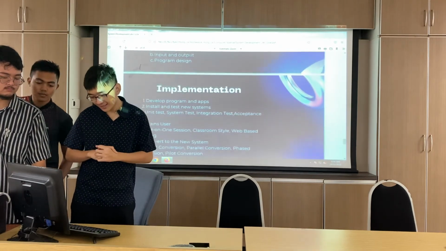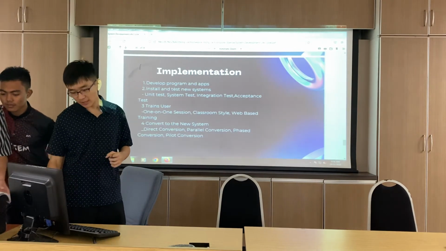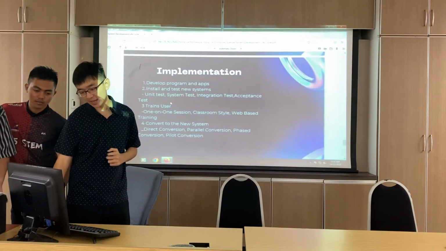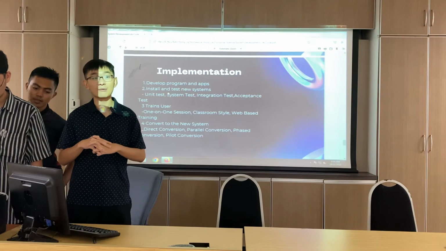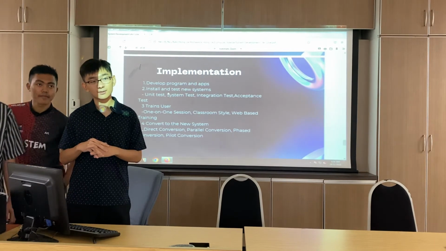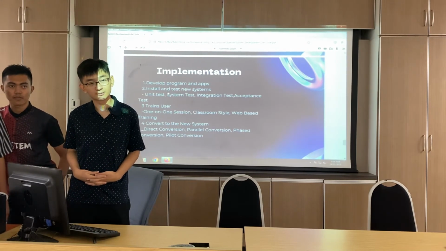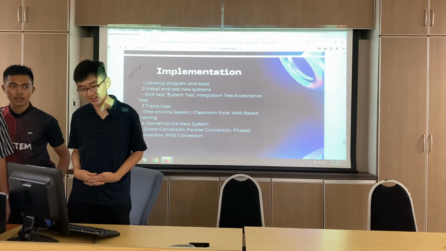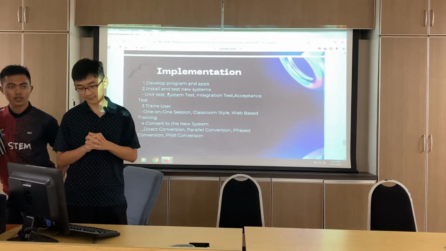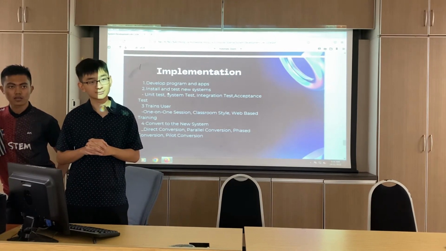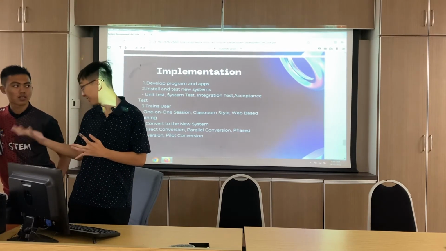Okay, proceed. Okay, the fourth will be the implementation. So we have this prototype already, and then we can actually start to develop it into our program and also the apps. We can develop our apps already. So actually, the development process of your system really happens in this implementation phase. Has happened already, right? Yeah, has happened already. Okay, so in this implementation phase, you develop your system. Yes.